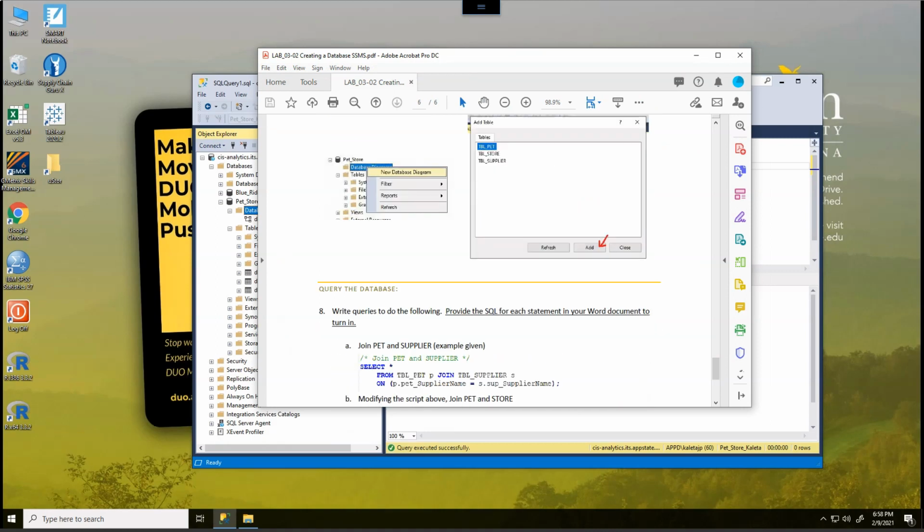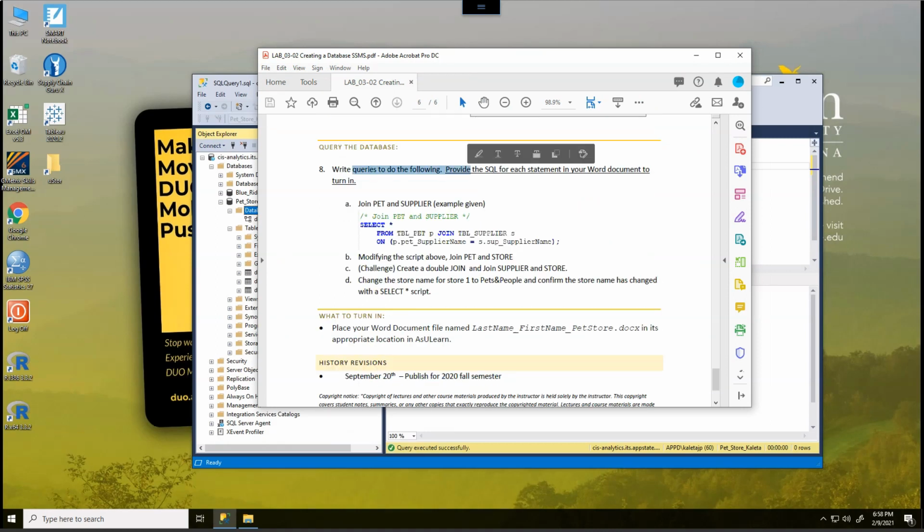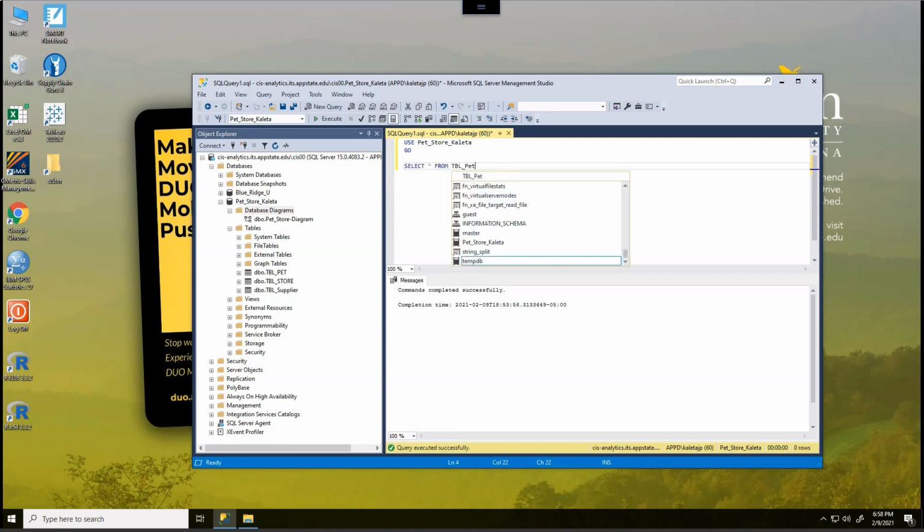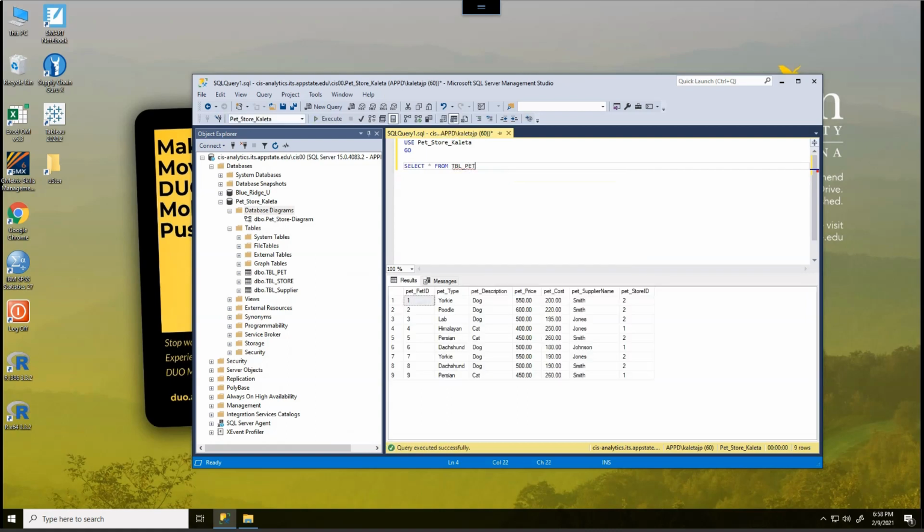Now, the last thing that we need to do in this particular assignment is run a few queries. So let's run this simple query that we're going to join the pet and supplier tables. Now, when we run a join, we're actually running something that is combining the data from the two tables. So previously, when I did select star from TBL pet, let's say, and I just execute that, this is only giving me information about the pet table. But now if I want to have information about the store table,